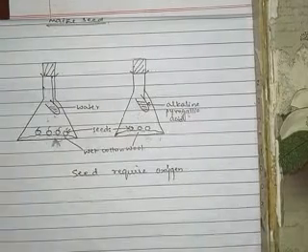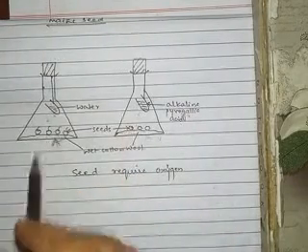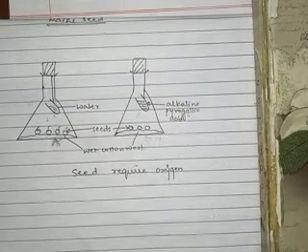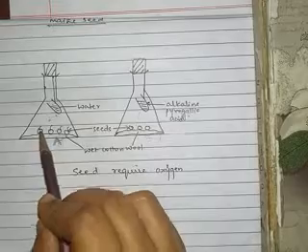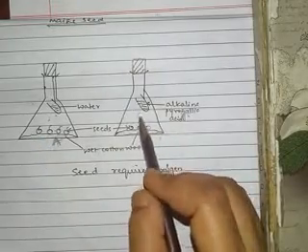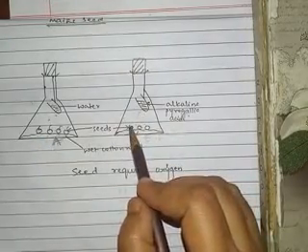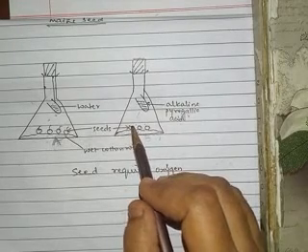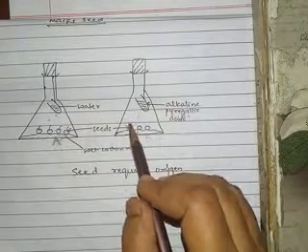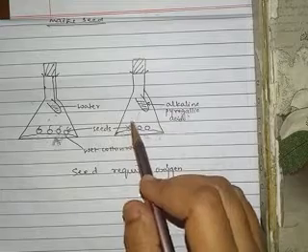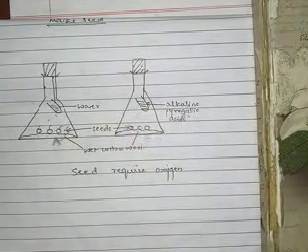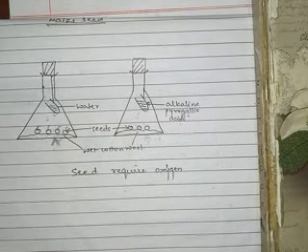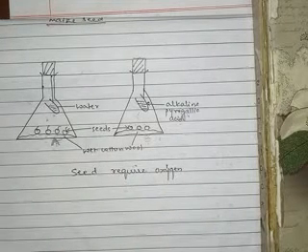Understanding? So this experiment proves that oxygen is necessary for the process of germination. In flask A very good germination is observed. In flask B, since the oxygen was absent, no germination or very little germination is observed. And the reason for very little germination is that the seeds can carry out anaerobic respiration. So this experiment is regarding seeds requiring oxygen for the process of germination, and that is what we studied in this particular experiment.